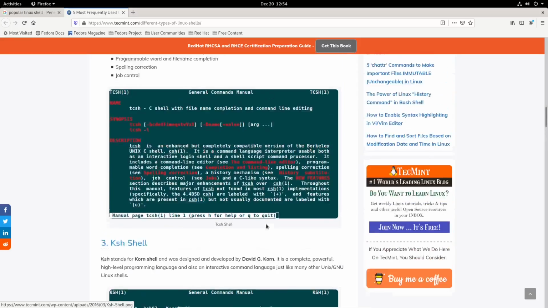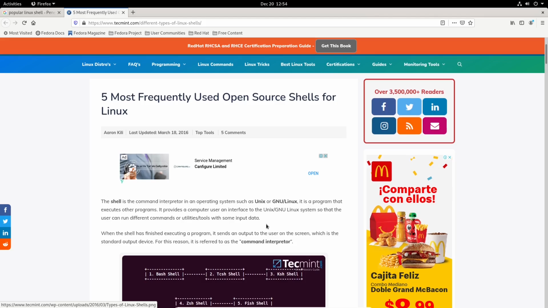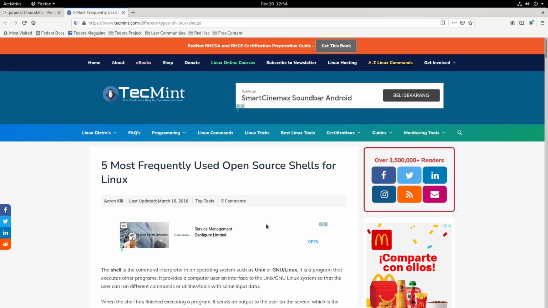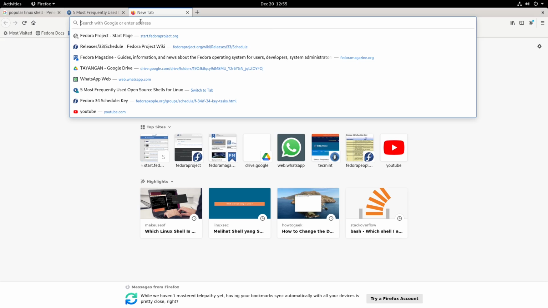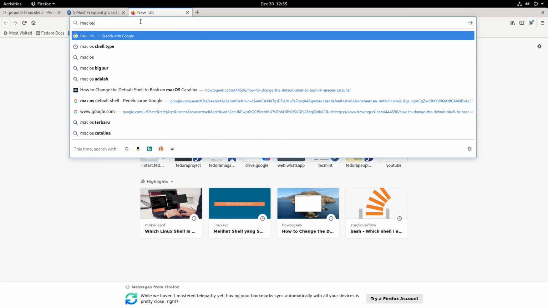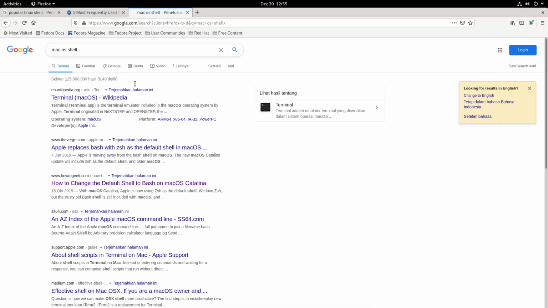Before we go further, maybe some of you have a question like, I use macOS, what kind of terminal, what kind of shell do I use? Okay, because I'm not a Mac user, I will browse it. I will click this one.